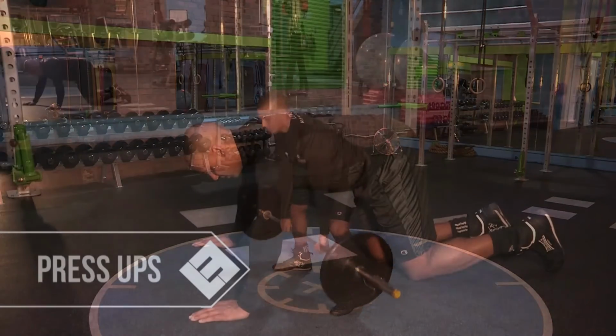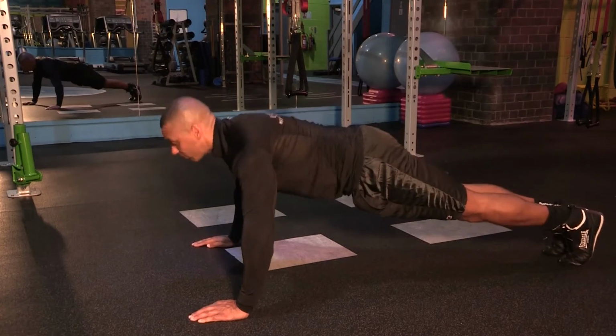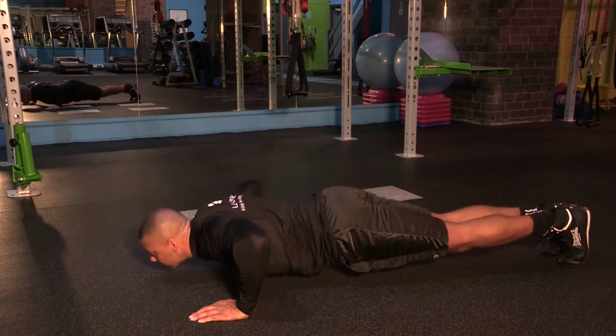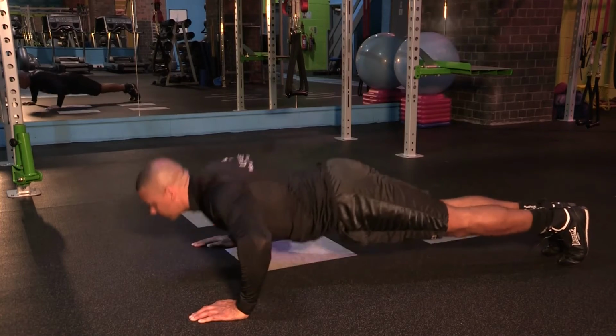So moving into the next exercise now, we're going to go into the press up. So the full press up position. From here, we're going to have our hands just slightly wider than shoulder width apart, and then we're going to go onto our toes as well, keeping that nice straight posture in the prone position, keeping the stomach nice and